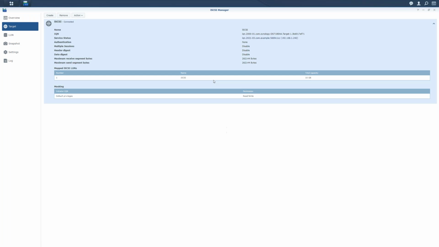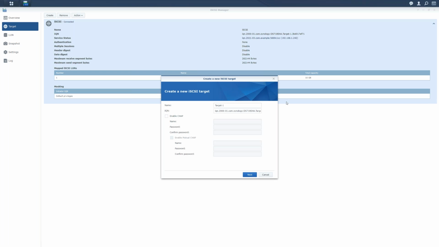I'm going to go to the target section. The target is what you connect to. You can see it has what looks kind of like a URL called the IQN. When you connect to this, it shows you all the LUNs that are hosted on that target. So I'm going to click create. You can see here, you can just name it whatever you want. So I can name it demo. You can change the IQN if you want. I'm just going to leave that as default. We do support CHAP and mutual CHAP, so that's just authentication for iSCSI LUNs. So the target is created. The same wizard will let you create the LUN itself.